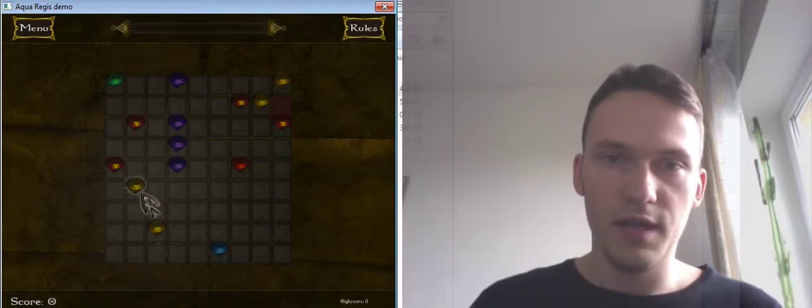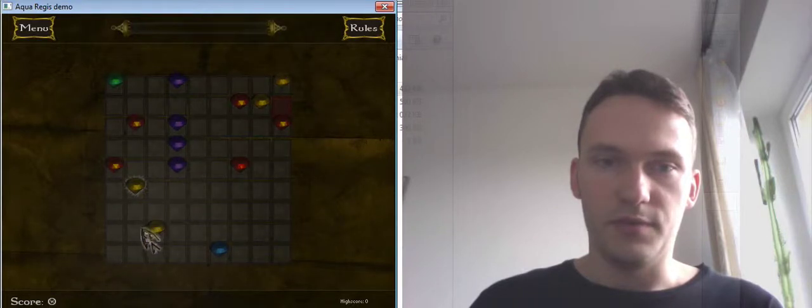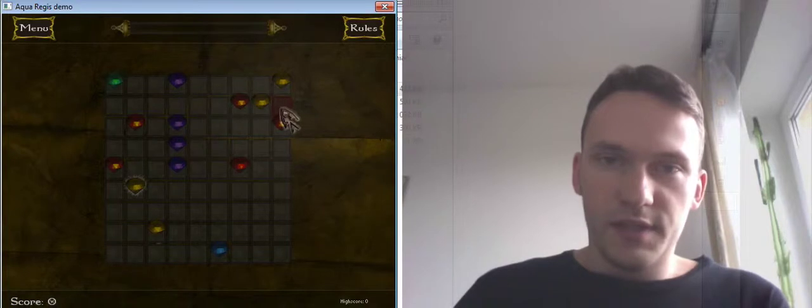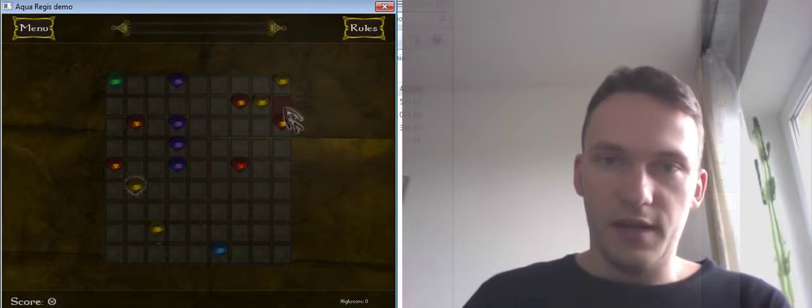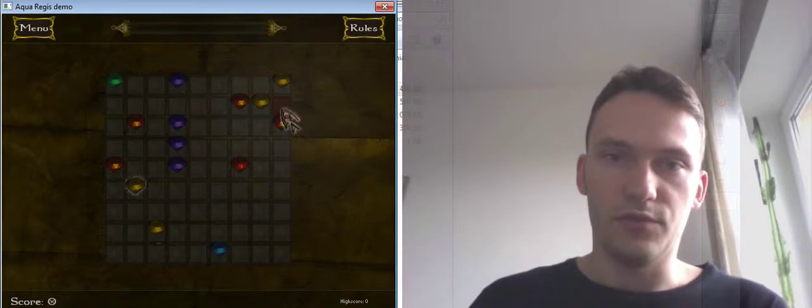We can also place them in a diagonal, so they would also disappear when we place at least 5 of them. And we also see that some of the fields are highlighted red, and that just means we can't go there. There is no way this diamond can travel in here because there is no route to this area.